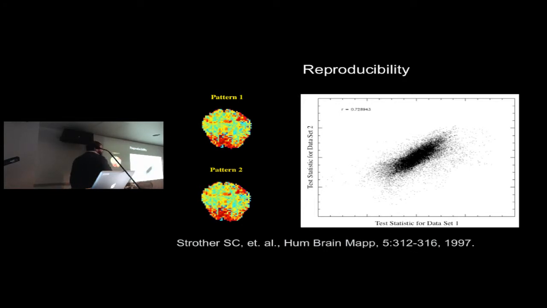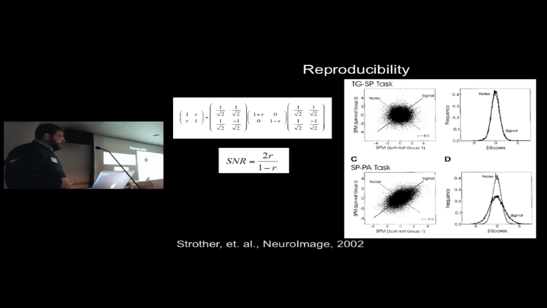Say if you're training on run 1 versus run 2, or a run with feedback or a run without feedback, you can quantify this through things like mutual information or Pearson's correlation coefficient. And further, what was described is that if you do correlation, then you end up with a correlation matrix. Obviously, one pattern with itself is perfectly correlated, and then, say, a feedback run with a no feedback run would have some correlation value. You can decompose this correlation matrix using singular value decomposition. And the first eigenvector